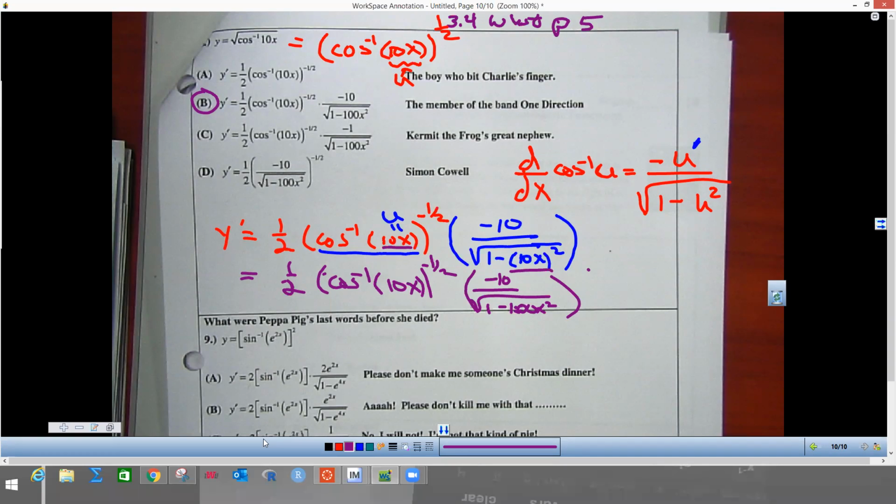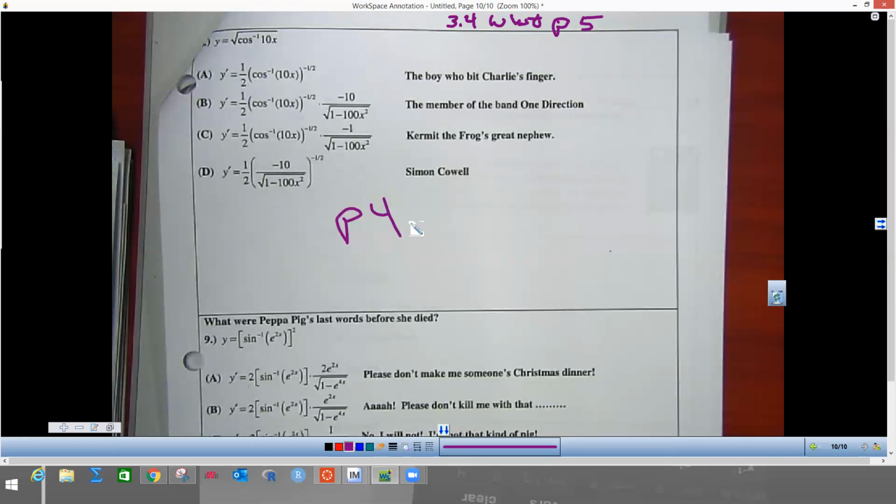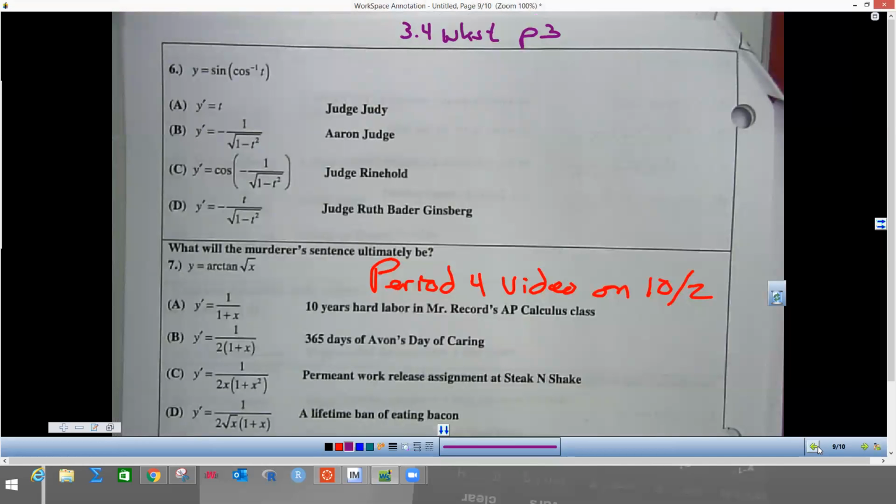Okay, so I'm going to put down that I did this one here so that I can change that. So let's see. This is period 5. I think I put period 4 on the other one too. Period 5, 10-2. And the one I just did was 6, but I think I put period